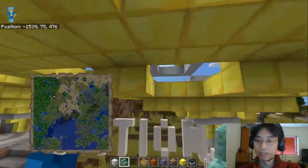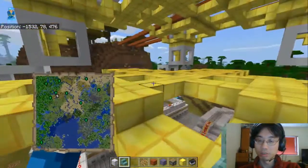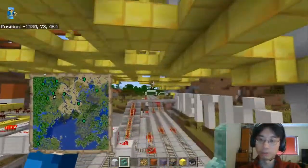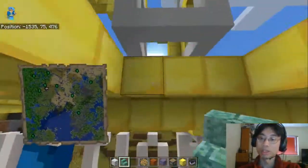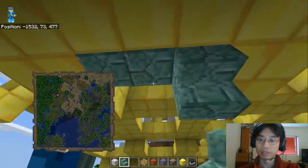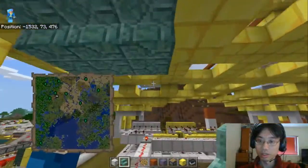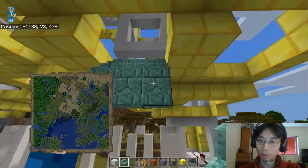So I think it's better here. Although it means that the white blocks actually have to go. I guess the white blocks have to go regardless because they're not supposed to be there, since they're doing that anyway. So let's say not those. Oh, the problem with this is that